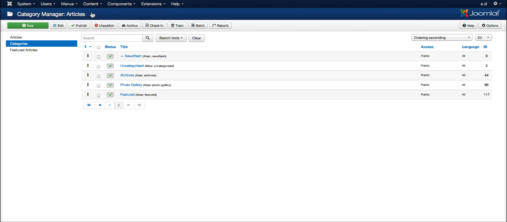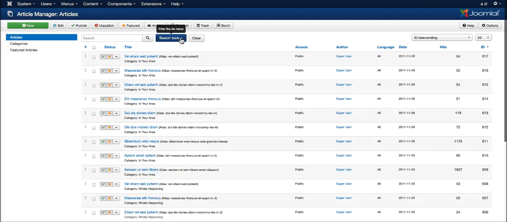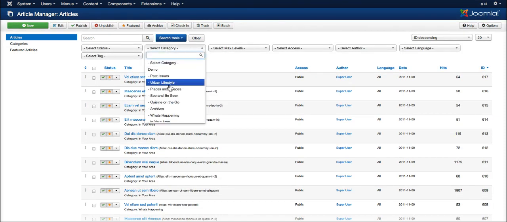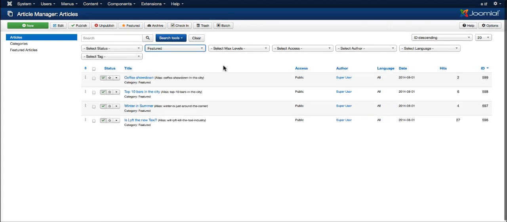So let's go look at the article manager now, and let's check out the featured, which is the slideshow. Let me show you that. Click on the search tools here, and let's go ahead and select by category. Let's go down here to the featured. As you see, we have 4 in here. So we can go ahead and open this one up